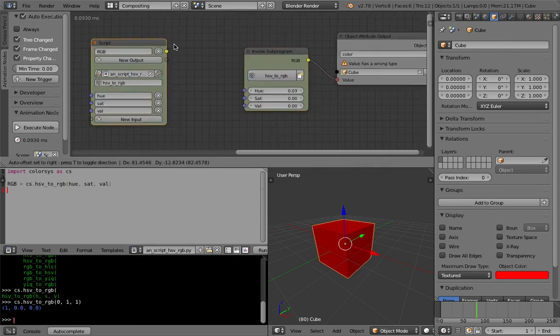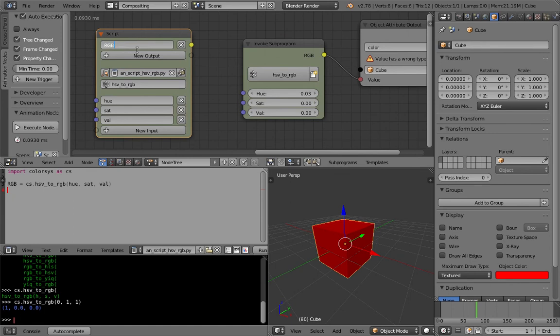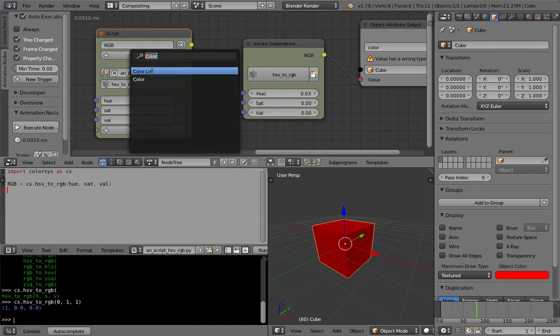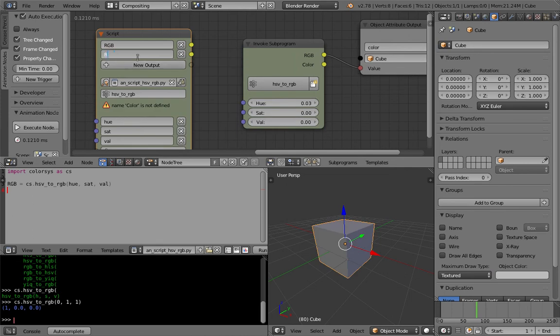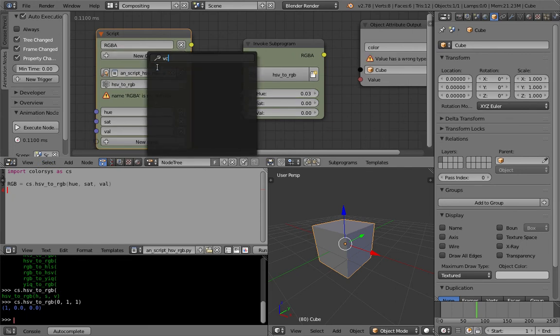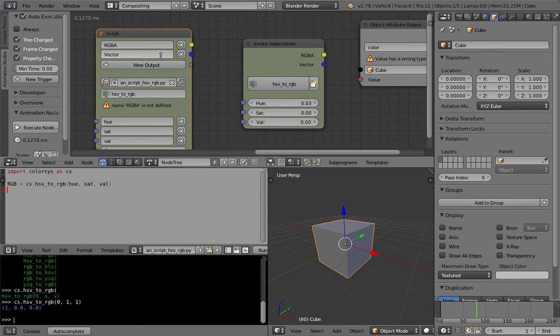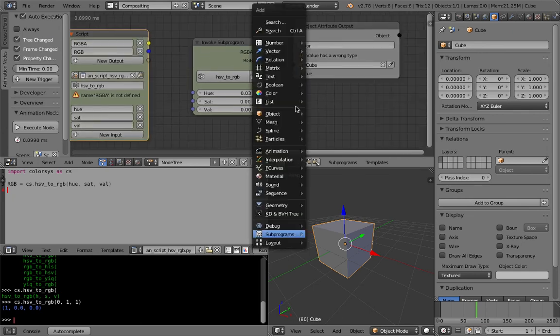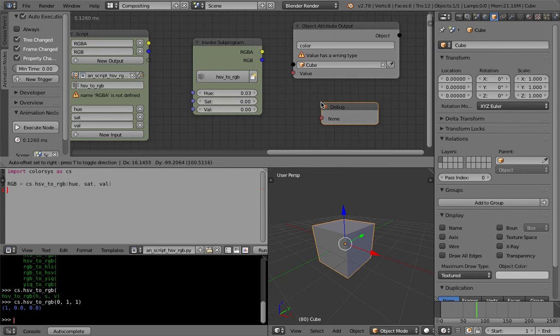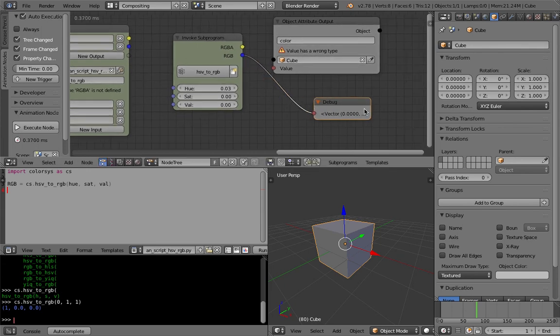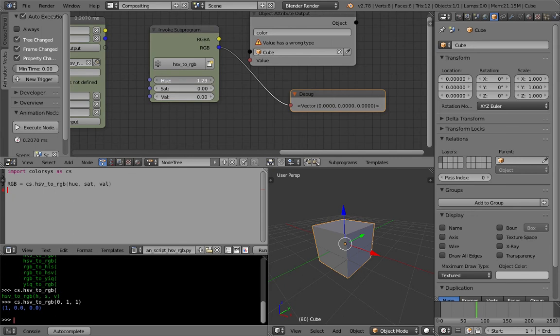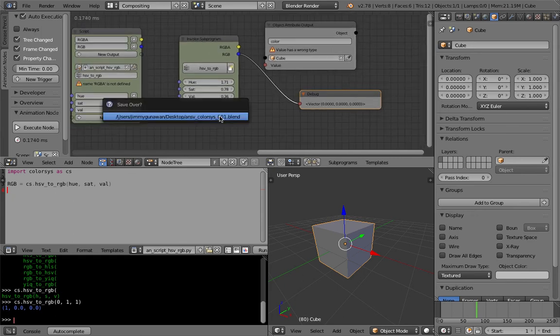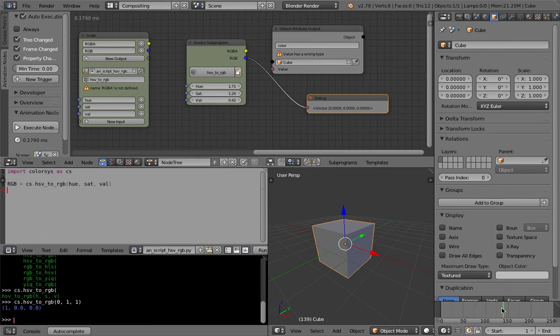Well, instead of RGB, let's make another output of type color, RGBA. So RGB itself is a vector. And if we debug it, I think it should work. It gives you a vector value based on the color, if I'm not wrong. Yeah, maybe it's still not working properly. Anyway, RGBA should be